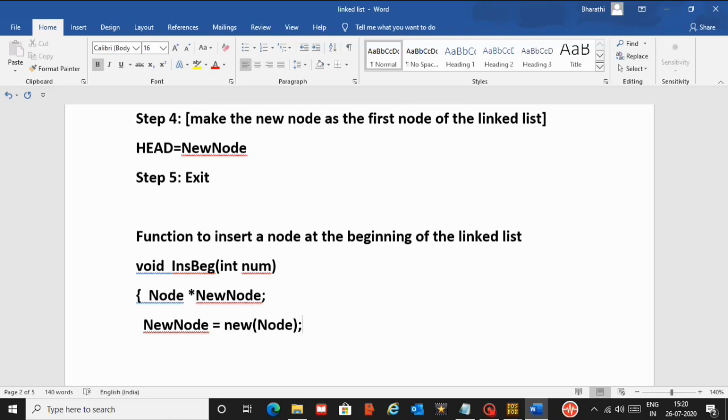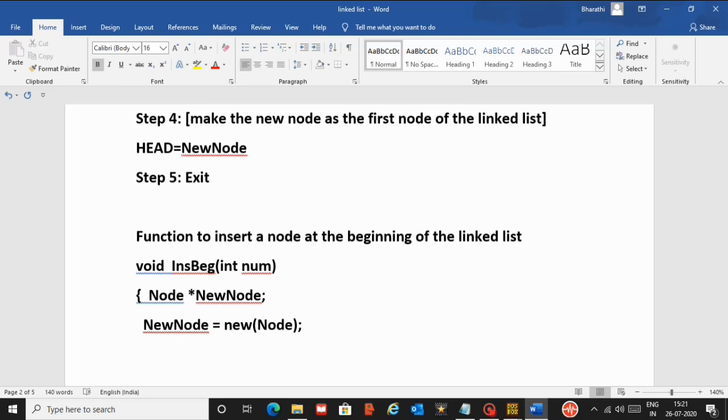So first I have to create a pointer called new node, which would point to a location which will hold the structure node. I did that. After that, I have to dynamically allocate memory and make the pointer new node point to that